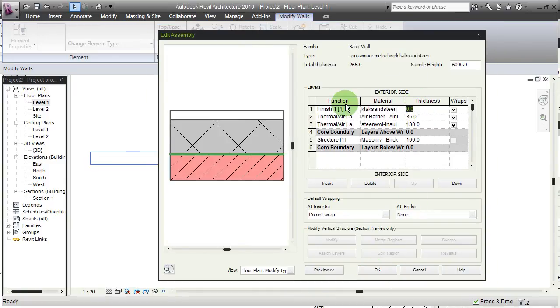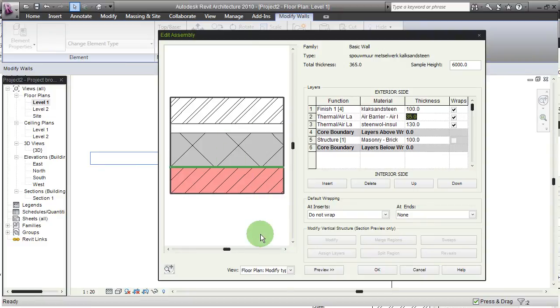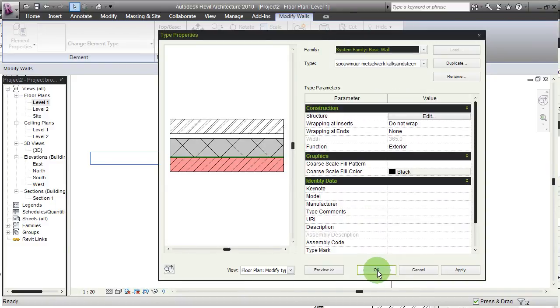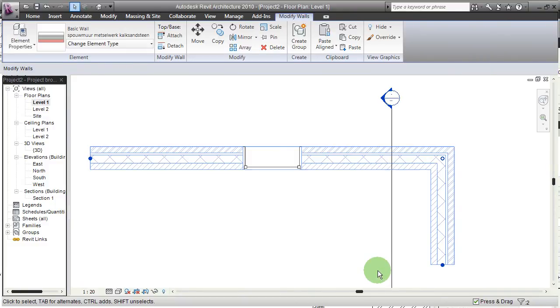And again, this is going to be 100 millimeters thick. And this is our custom-made Dutch spouwmuur wall. So you might ask yourself, what are these inserts? What about this wrapping? So let's finish this first and take a look at